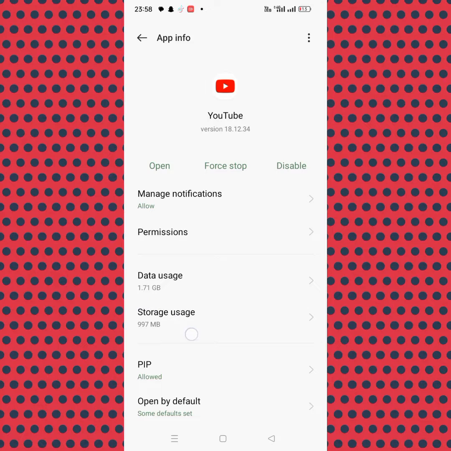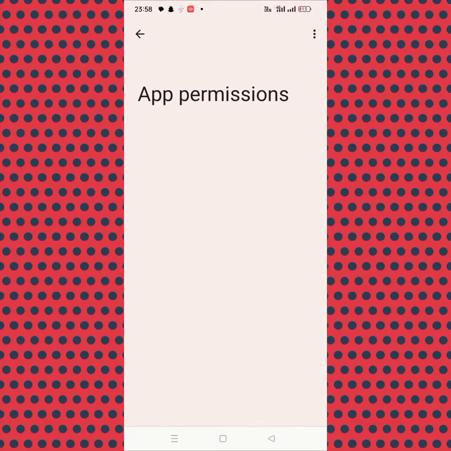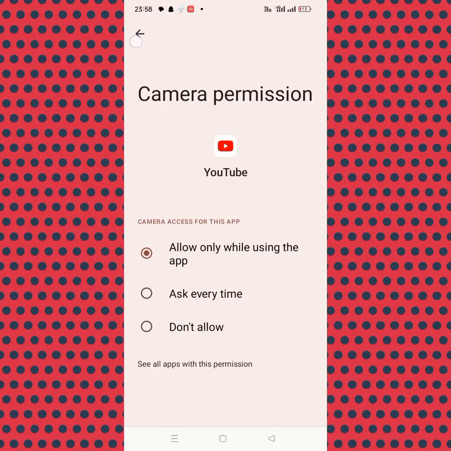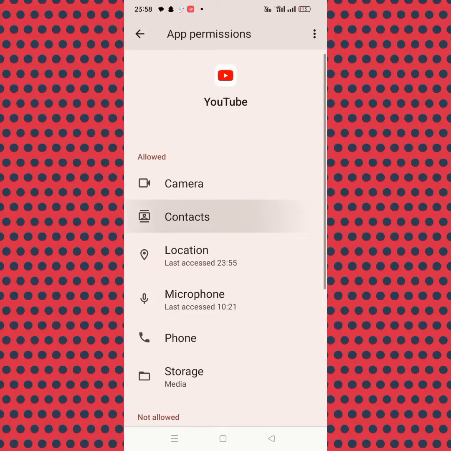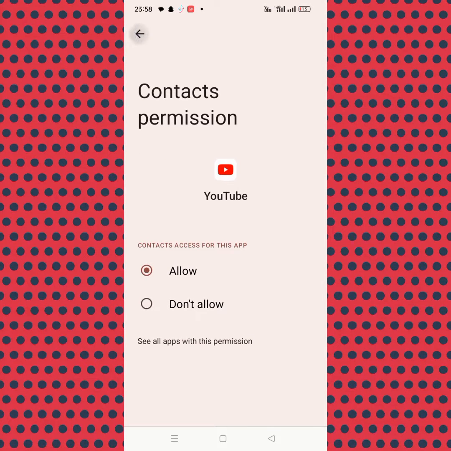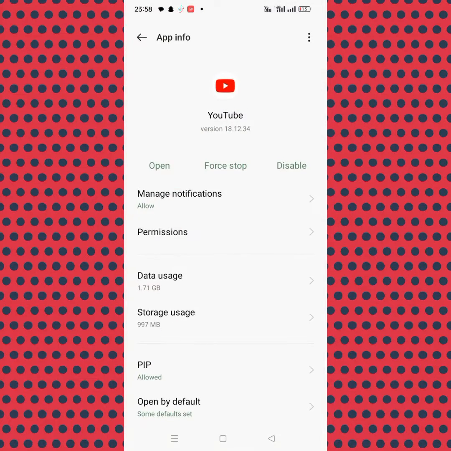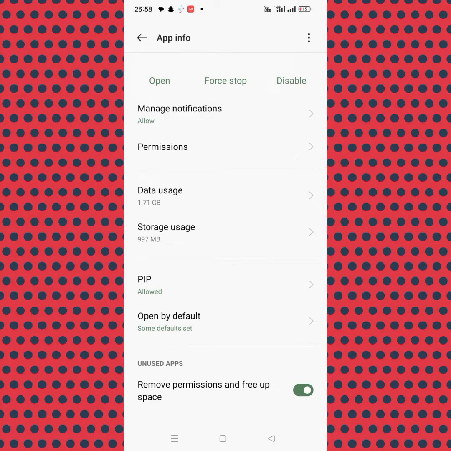From here tap on permissions. To make sure, select all permissions: allow camera and contents and everything, select allow for all permissions, and after that check whether the problem has been fixed or not. If the problem is not fixed, then